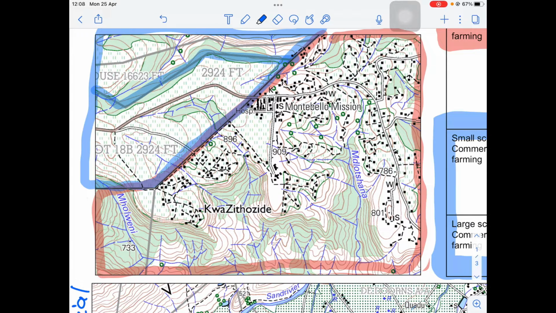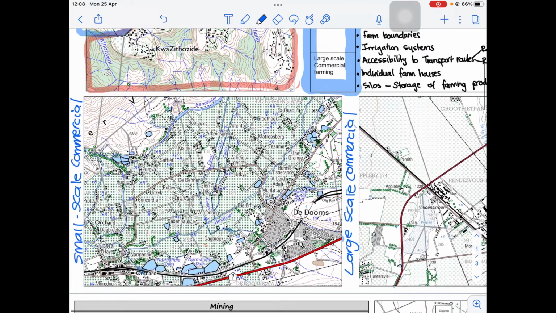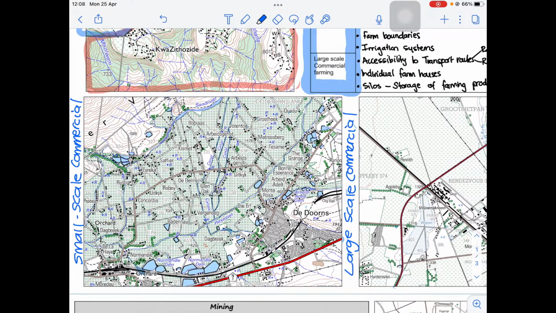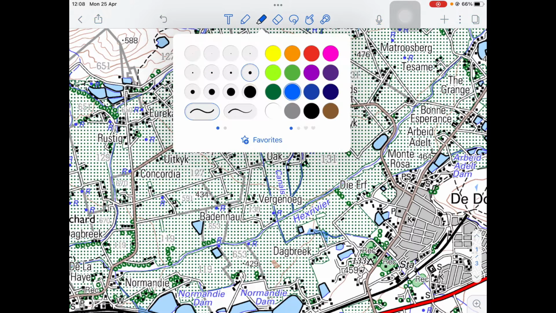And obviously we've only got a snippet of the map, so we can't really get a full idea of the landscape. But that large scale there indicates that generally, without having any border lines, is commercial farming that's taking place. We can often look for farm names that gives us an indication of commercial farming, because you're obviously naming your business, okay? So if we take it down to the example here of our small scale farms, you can see,